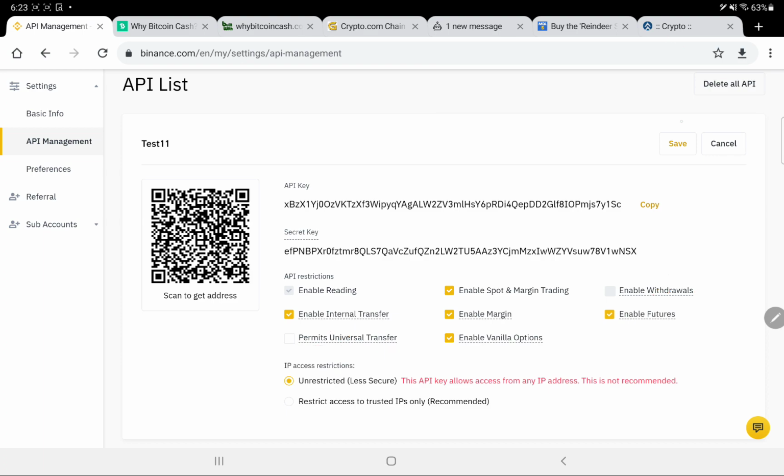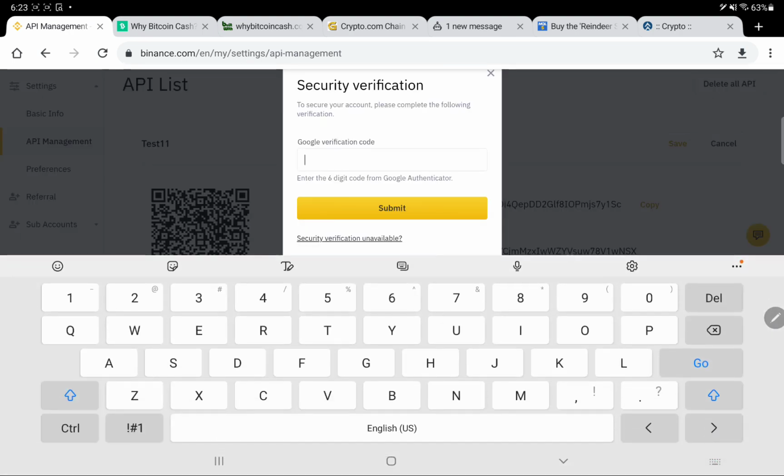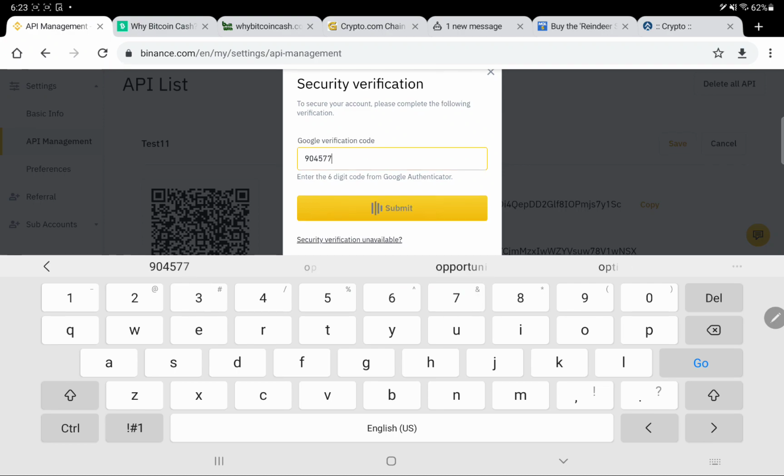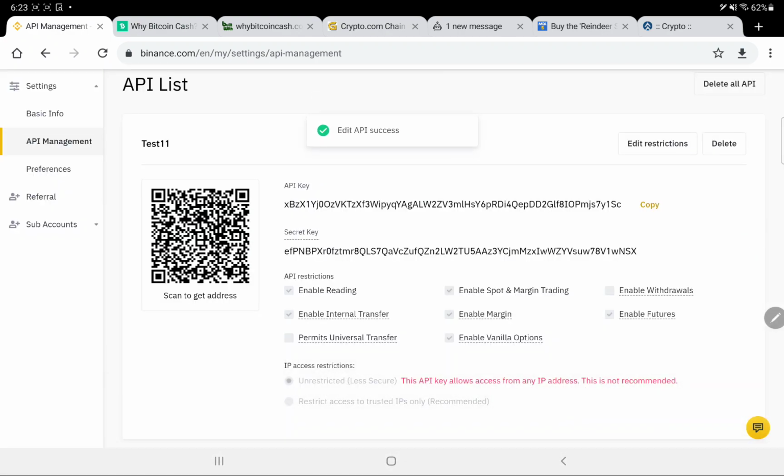Once you are done, click on save. Once again you need to enter the Google Authenticator code for finalization. Once you save the process, you put the code again, and yes, it is done now. So you need to share these two things. One is the API key, one is the secret key. These two keys you need to share with us, so we can connect your account and